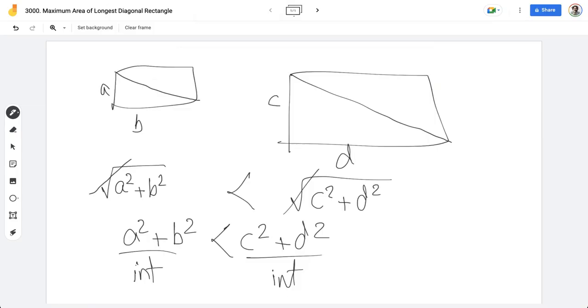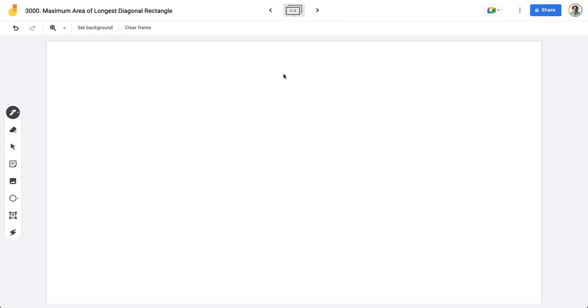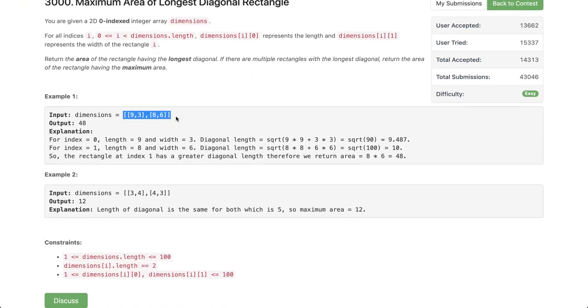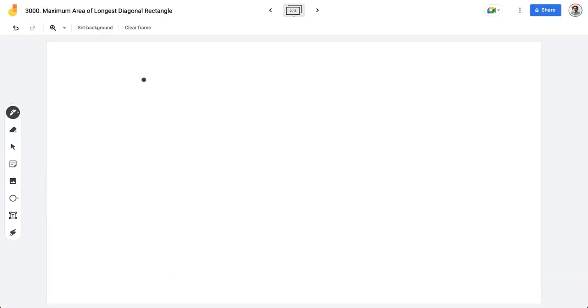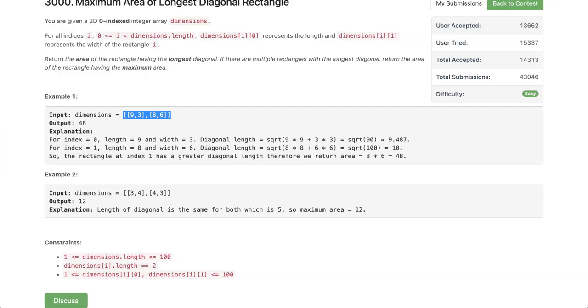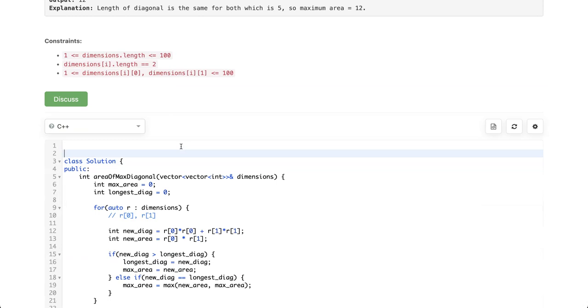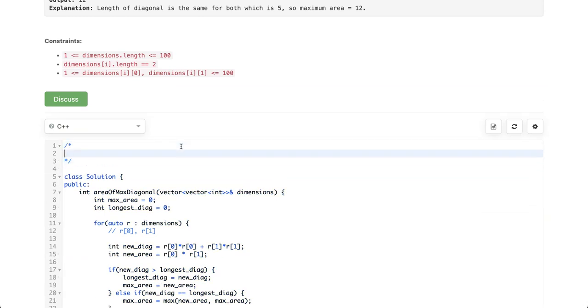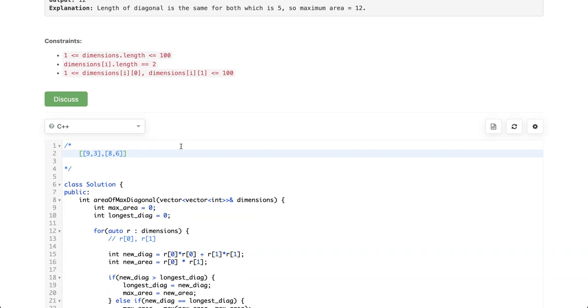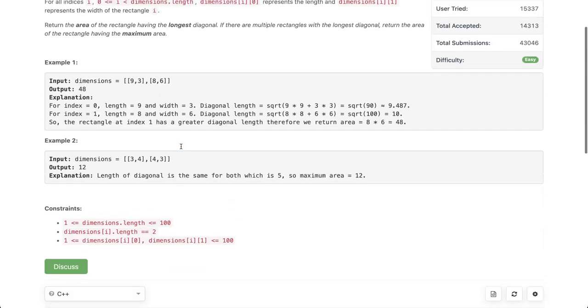Let me come up with some variations. So the first variation is, what if instead of one area, we need a list of the rectangles in decreasing order of the length of the diagonals? Like in this example, if we are given this input, let's take a look here. So the diagonal of the first one was